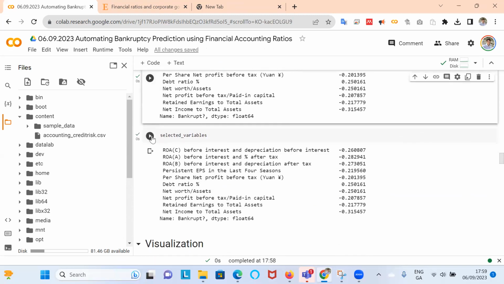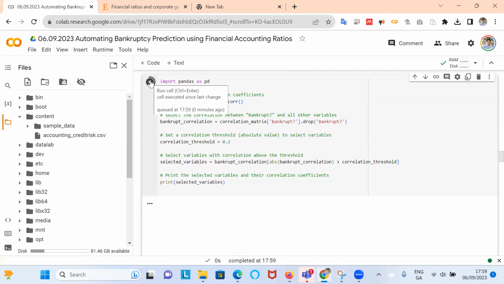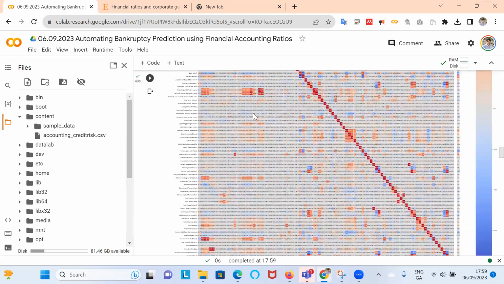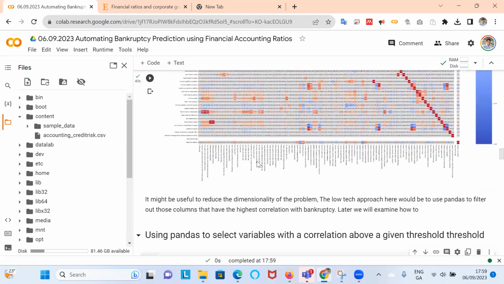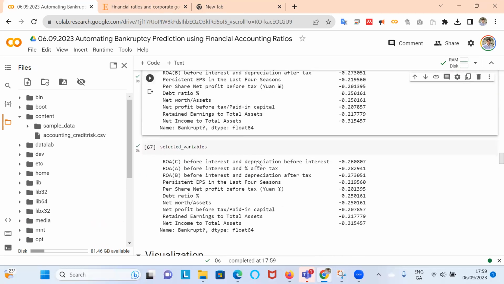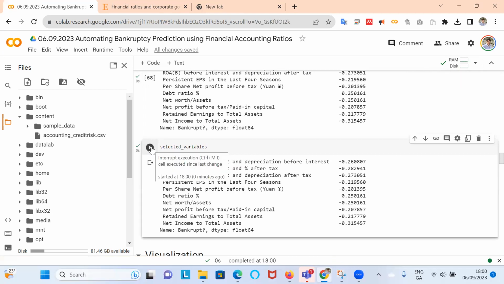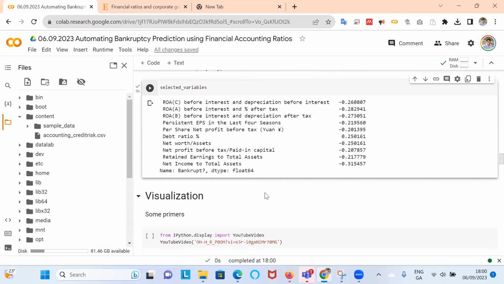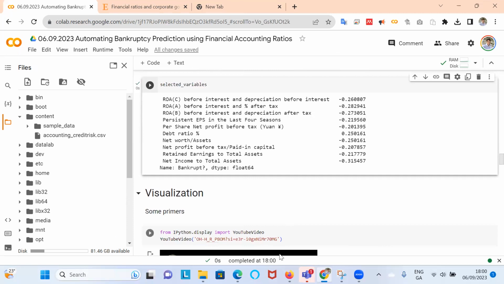So this is kind of a low-tech way of trying to make sense out of this, right? If you have a lot of data and you're trying to parse through it and come up with visualizations that are intuitive, this is a problem of dimensionality. A low-tech way of reducing the dimensions here is to take a very crude measure like correlation and see which of the variables has the strongest association or disassociation with the target variable, which is bankruptcy.